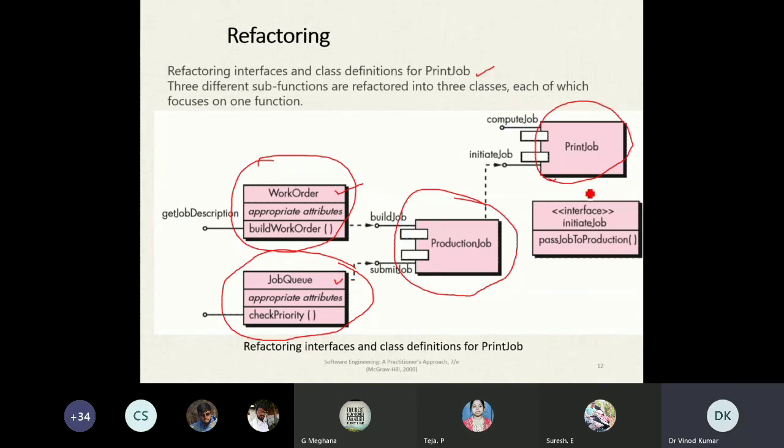Okay, and pass job to the production. So how many components are there? So in refactoring, what we are doing, we are breaking the print job operation into the initiate job, work order, job queue. Yeah, you can see here. So further sub functions are created.